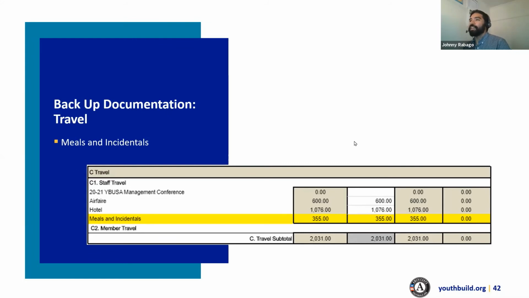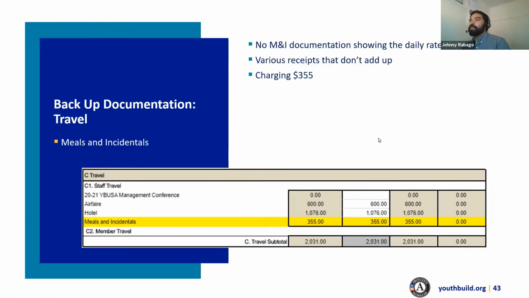Okay, so I'm gonna go over the answers. Thank you, Kim. Yep, so no meals and incidental documentation showing the daily rate. So if you're going to a conference, you want to submit that documentation by going to that government website and entering the date and the city. And in this case, they didn't provide any of that. So it's just this lump of money. And the various receipts they provided did not really, right, thank you, Brandon. Yeah, GSA website, the government website. So you want to provide that